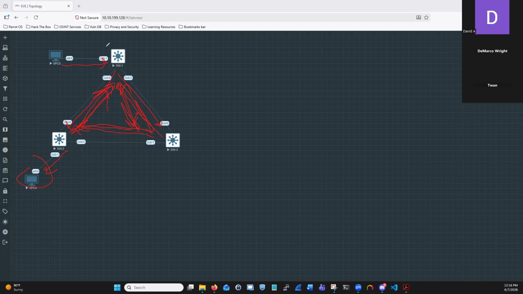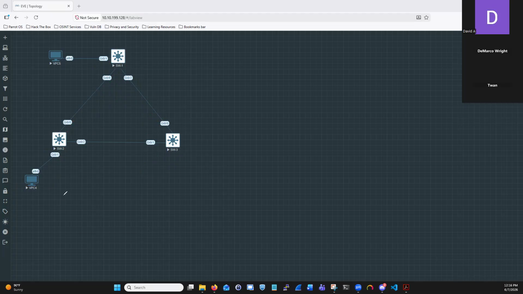So now what we have is this switch is stalled. This switch is stalled. This switch is stalled, right? And we have the condition of a broadcast storm. Okay. All right. So with that being said, with the mechanism of spanning tree being in place